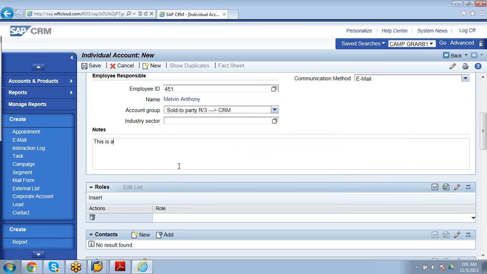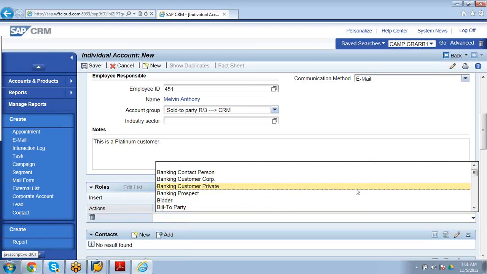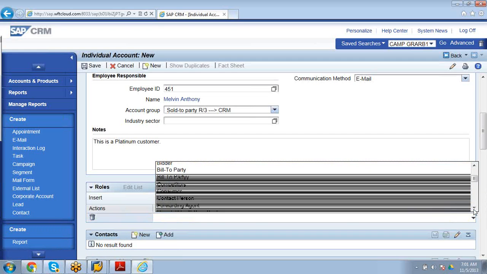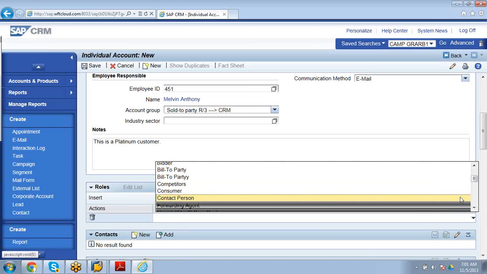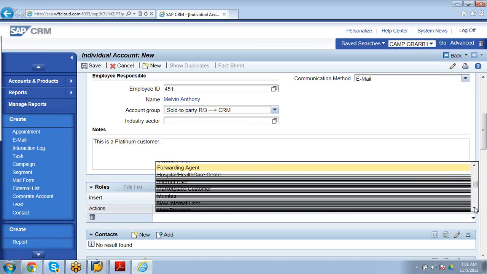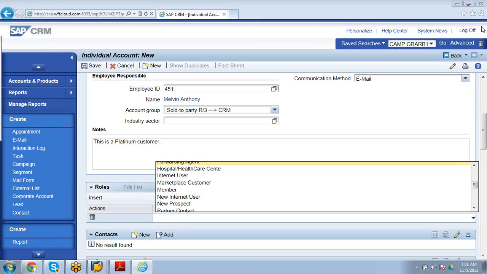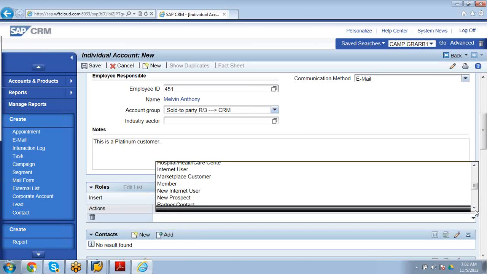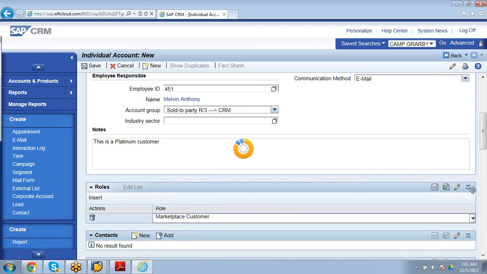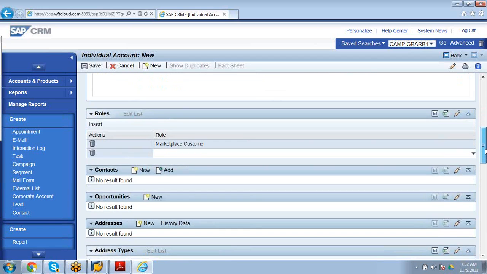Give a note. Select some role, like marketplace customer.